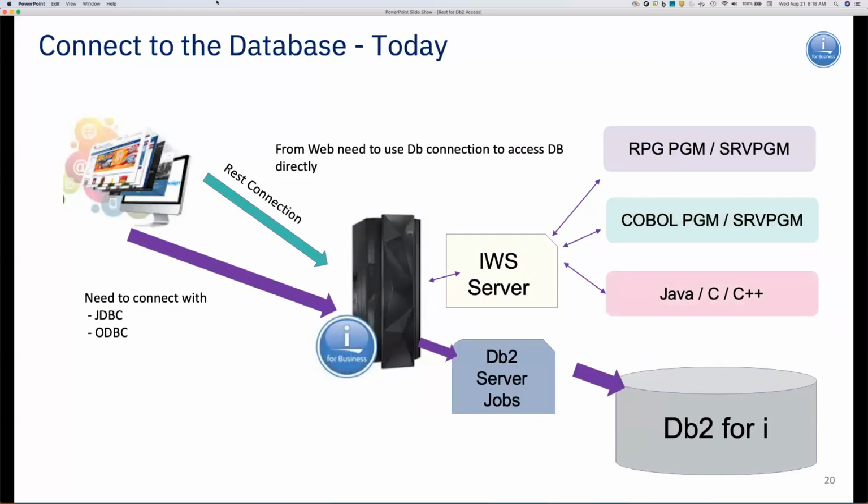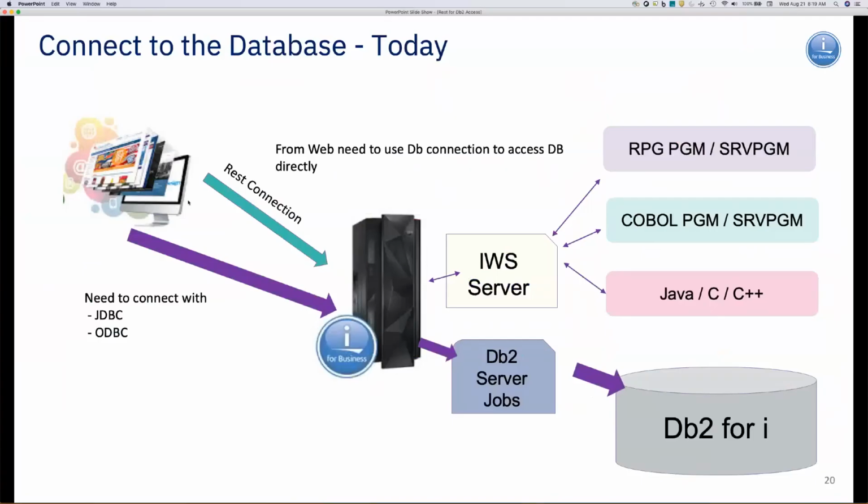So why not do it in SQL versus doing it in an RPG program? In the past, you needed to have a JDBC or ODBC connection to the IBM i so that you could pass that SQL in. And again, it's worked just fine. The problem is now I've got two connections that I need to create to my IBM i. Is that the end of the world? No, but there are better ways to do things. So